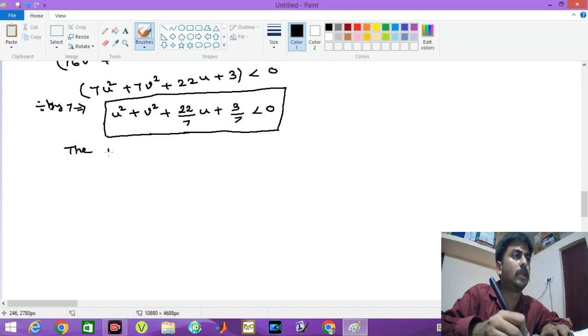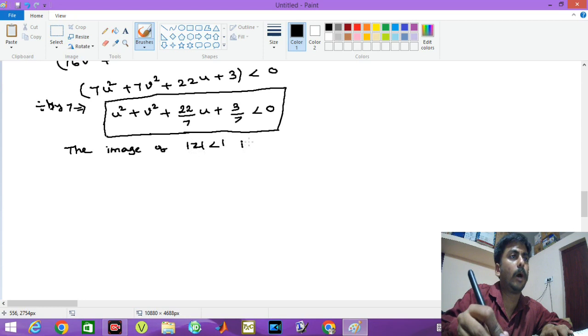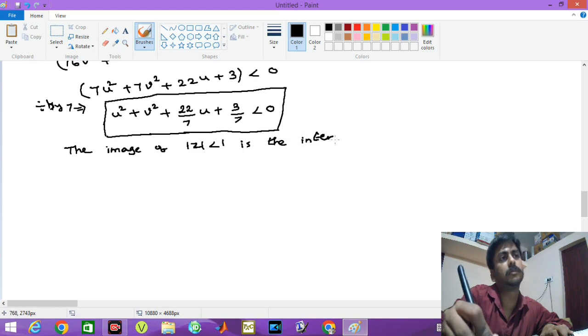The image of modulus of z less than 1 is the interior of the circle